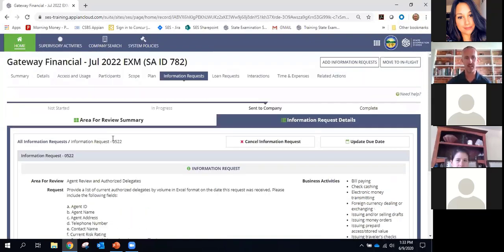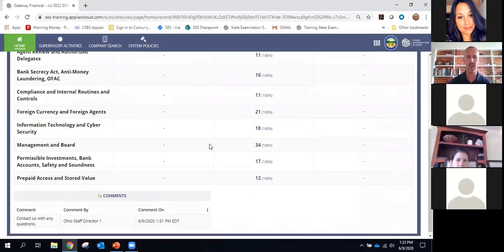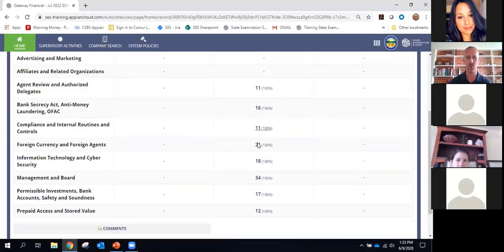And the key point there was, as we were building this out, we added 140 information requests to our list just by adding these items to our scope. So when I added management and board, I got 34 information request items tailored specifically to this exam.